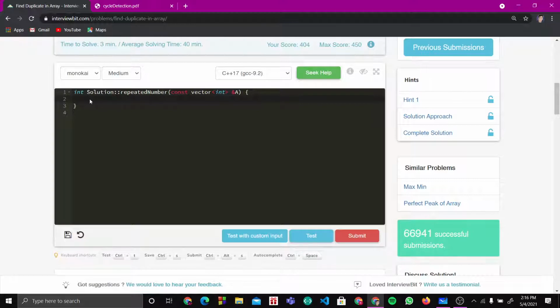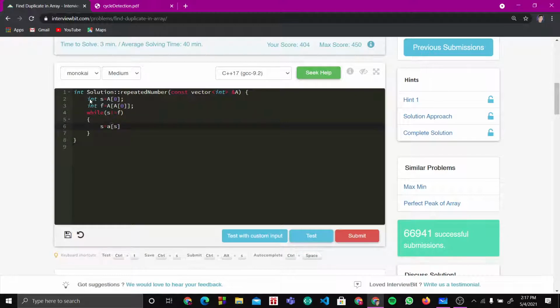So I have my slow pointer equal to a of 0, and then I have my fast pointer equal to a of 0, because I'm moving 2 times. Now, while my slow pointer is not equal to my fast pointer, my slow pointer will increase with the value of 1.